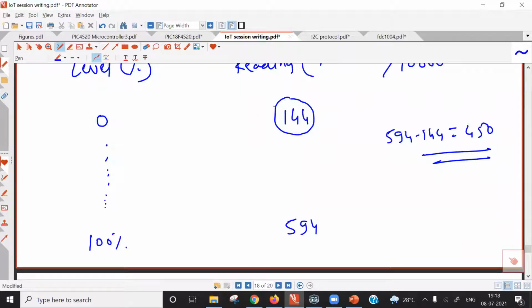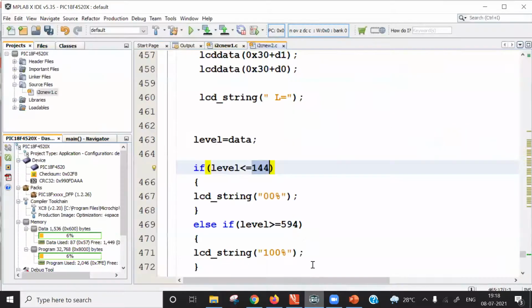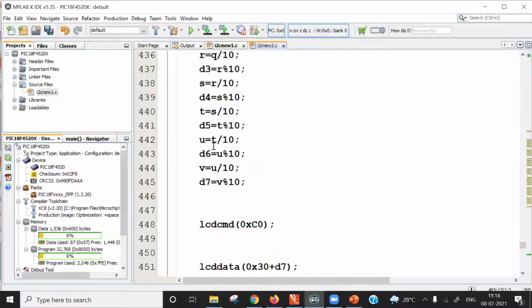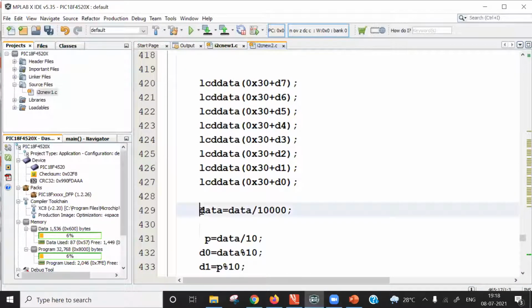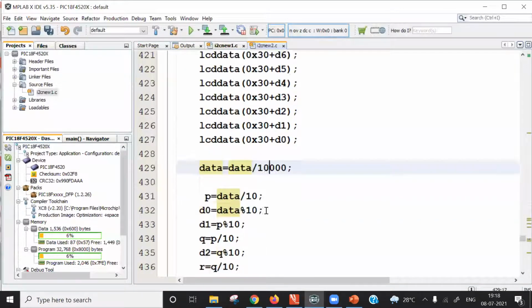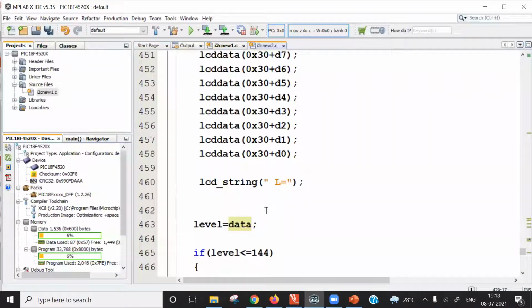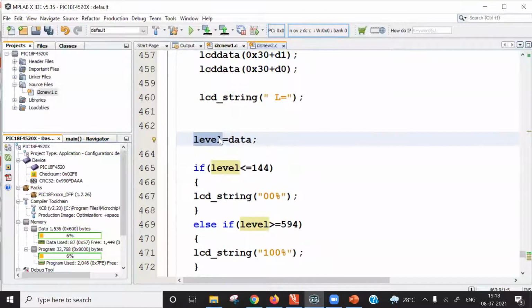So this number for 0% may become 136, 140, etc. So in the program, let me show you where division is done. This data is equal to data divided by 10,000, and this divided number is saved in this level variable. So level variable contains 24-bit result divided by 10,000.